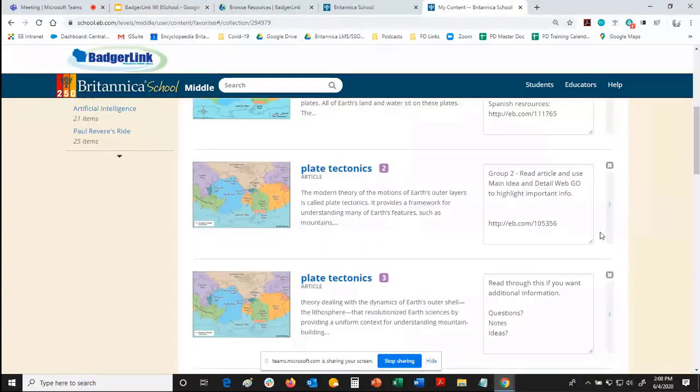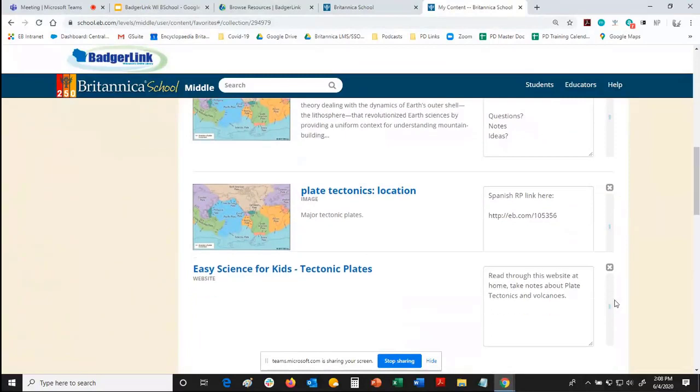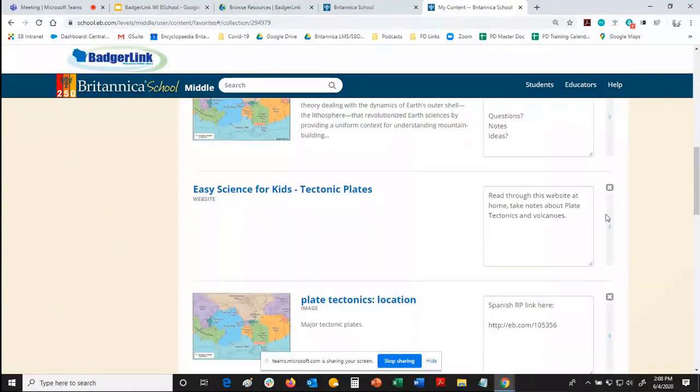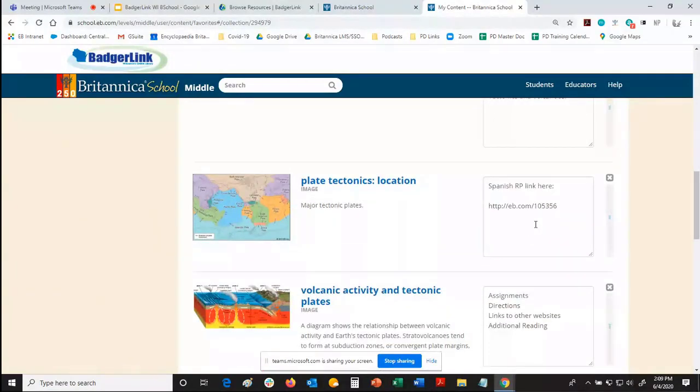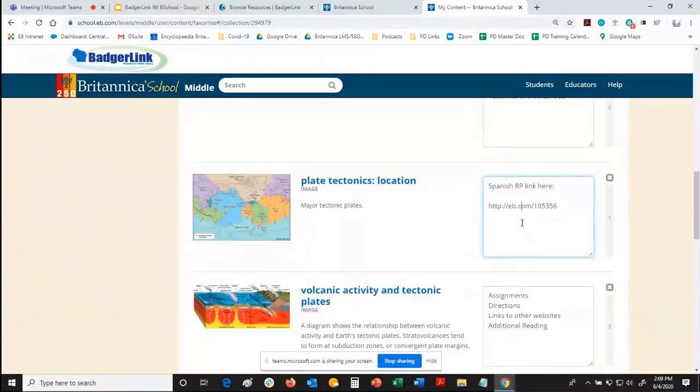I can also rearrange any of these to go into the order that I want. And as you see, I can put notes over here in the column on the right-hand side. You can't add in outside links, but what you can do is add in links from other websites. So this is actually, I created a